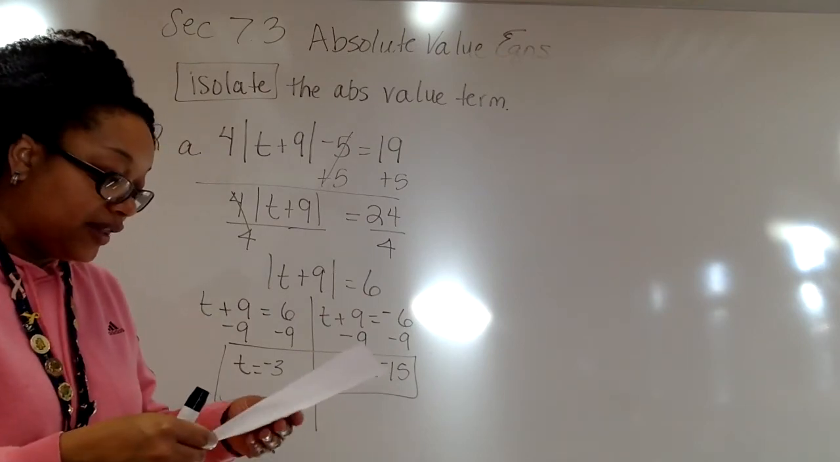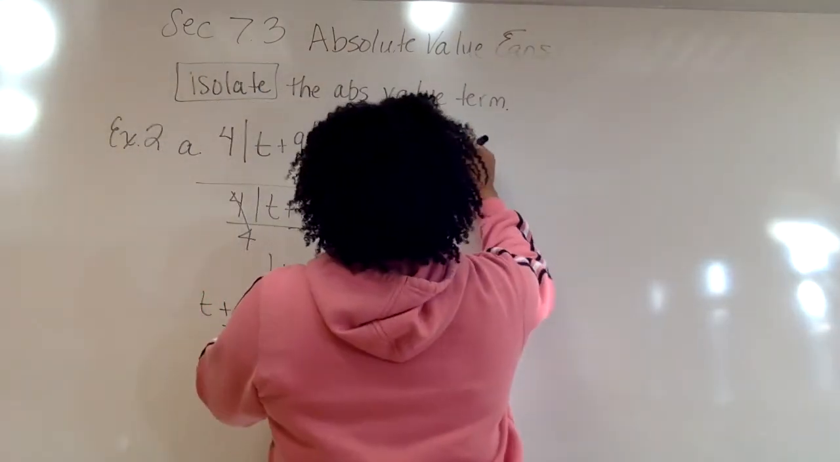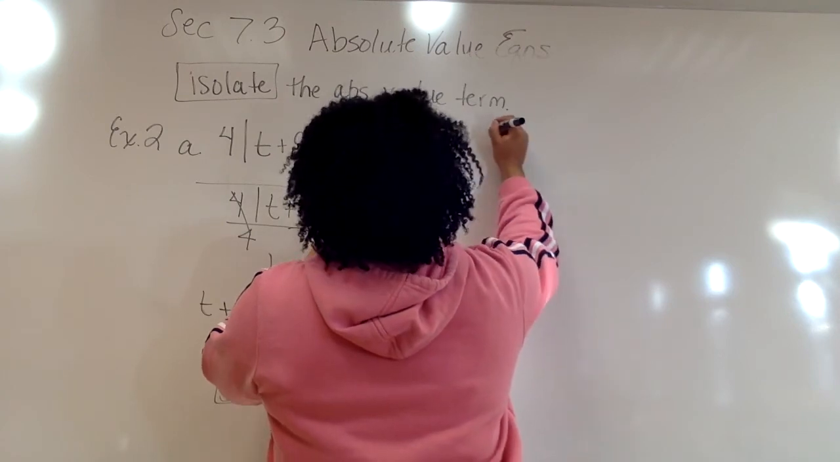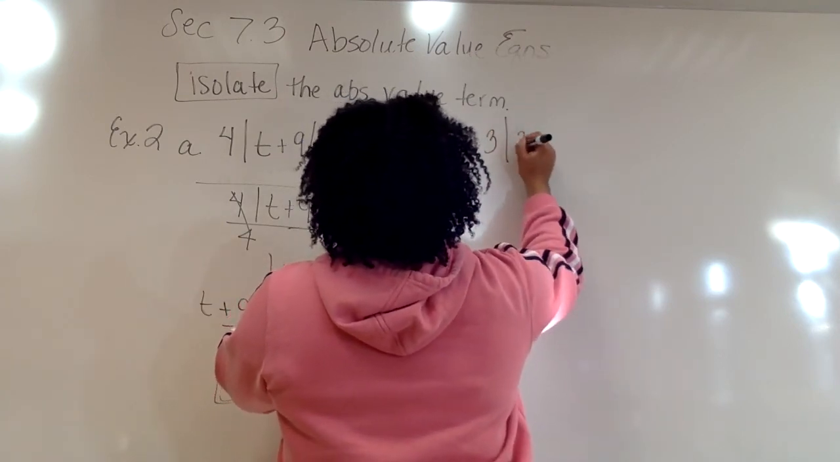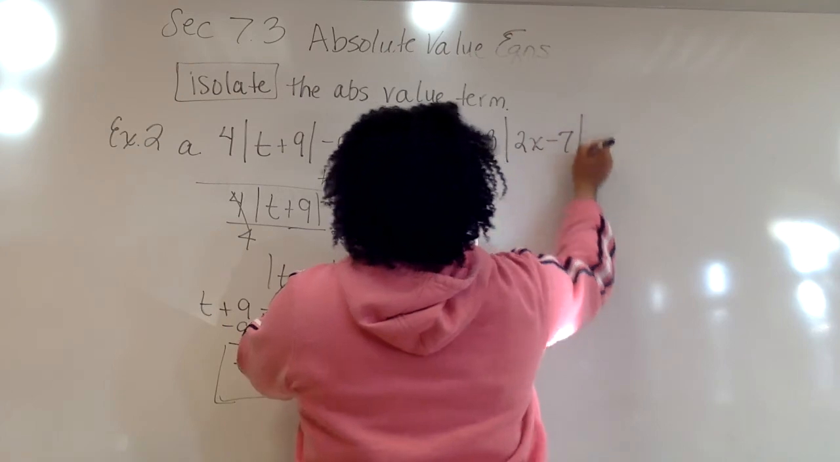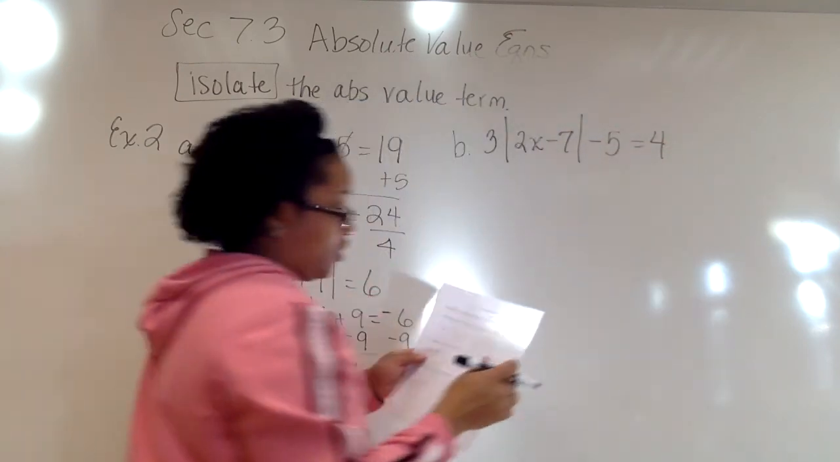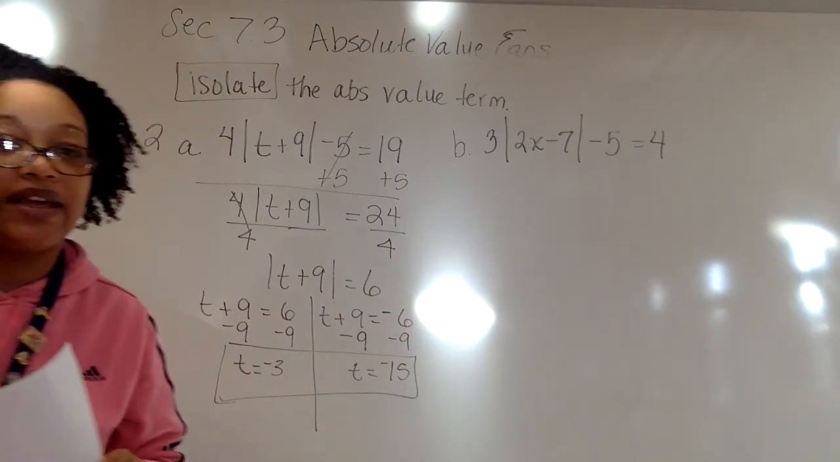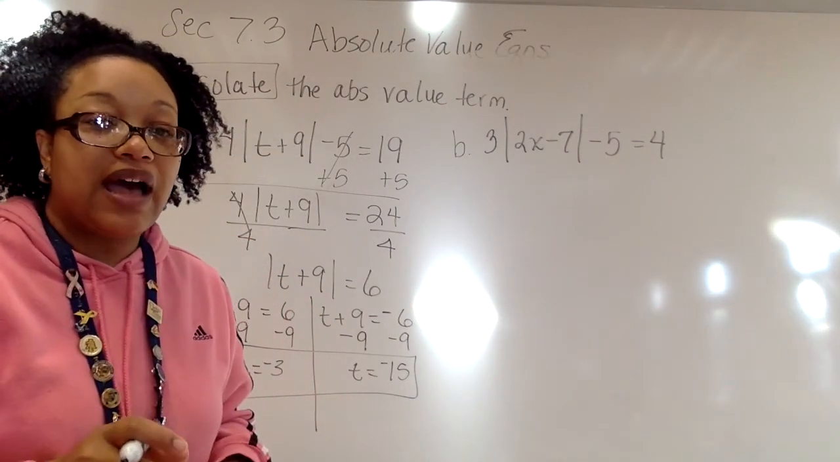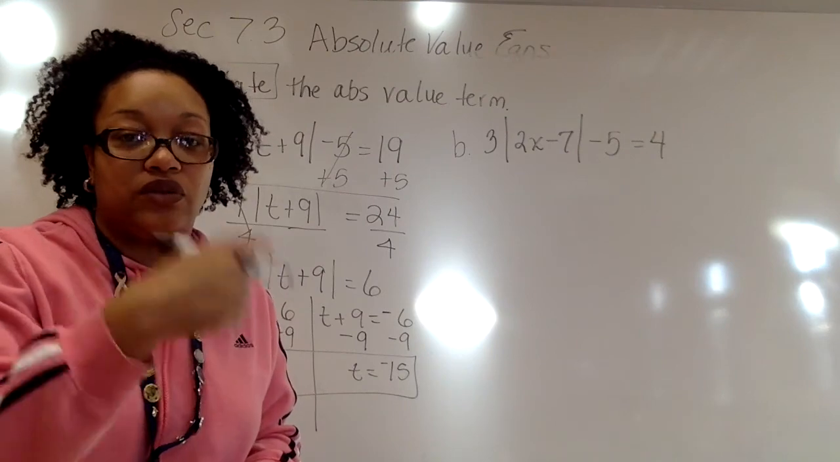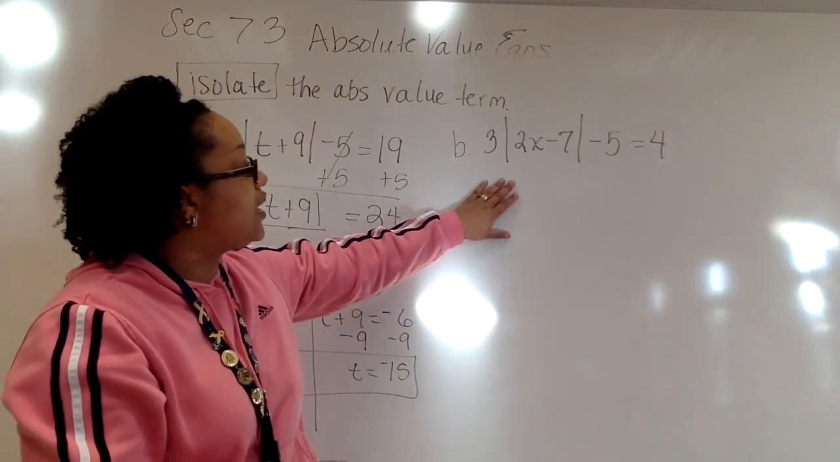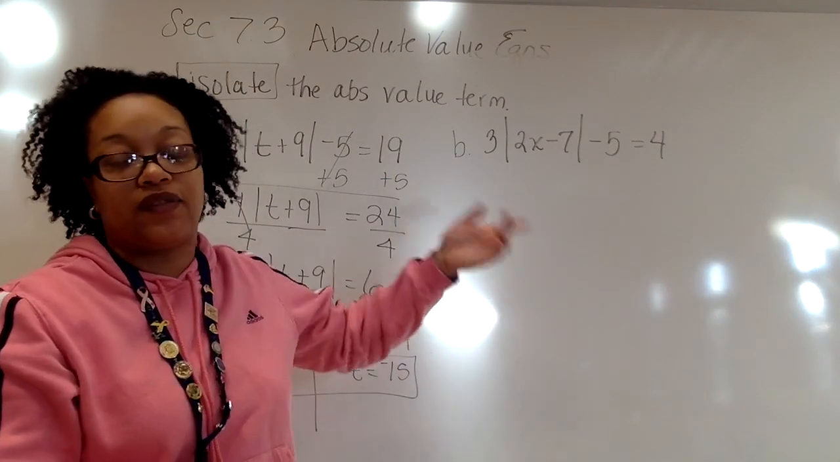I'm going to set up letter B. You got 3 times the absolute value of 2x minus 7 minus 5 equals 4. Right? Got it? Okay. I'm going to stop the video because my time is about to run out. I want you to go ahead and start working on this one, and when the next video starts,